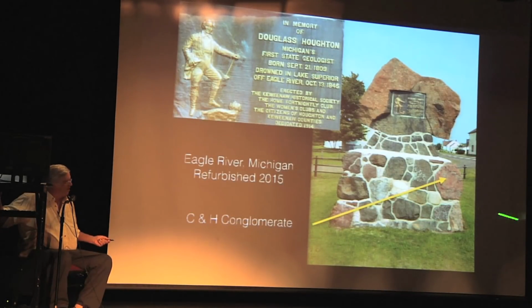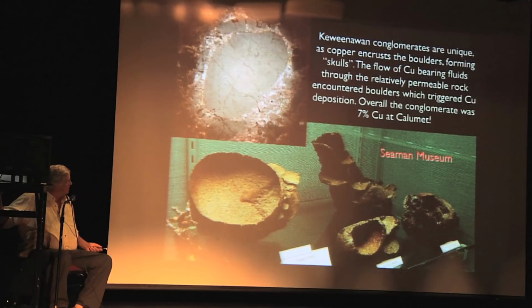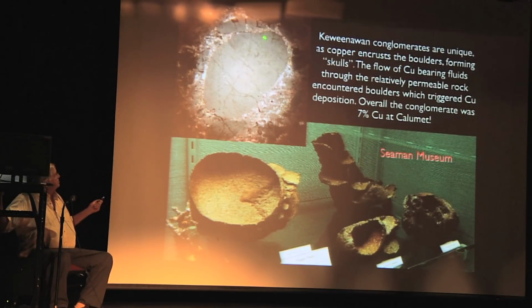If you want to see this rock now, one place you can see it is in Eagle River, where there's been a restoration of the Douglas Houghton Monument. And so it's a beautifully preserved, but we've found some more of it, and we're in the process of slabbing it and making it more generally available. These are some things from the Seaman Mineral Museum, and you can see the detail of the copper